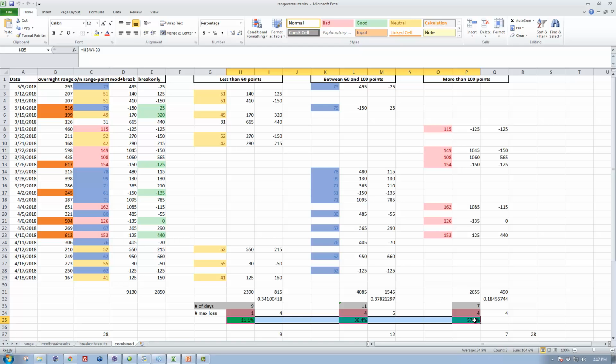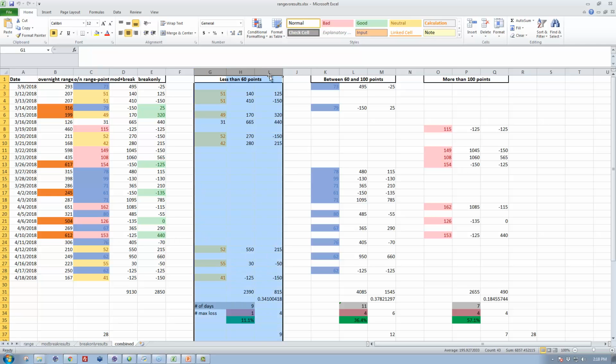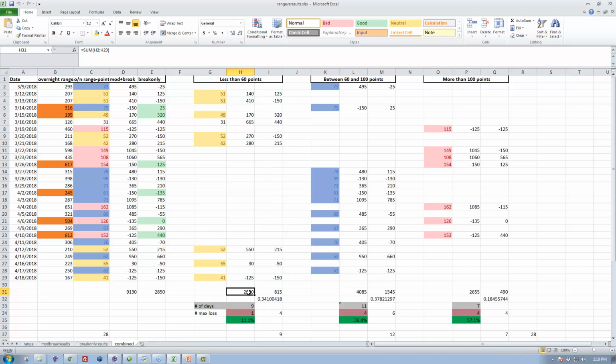So with that in mind, let's go back now and look at each category. All right. You have in the less than 60 point arena, one way to look at this is if I chose to only trade this day, I didn't trade the other days, how would you have done? Okay. And this is across 5 weeks. All right. So you have to like what you see, because